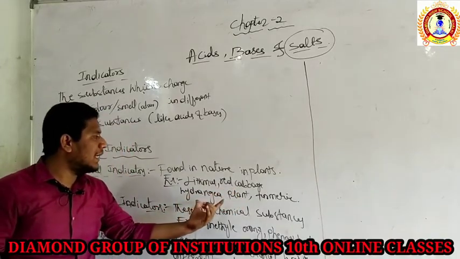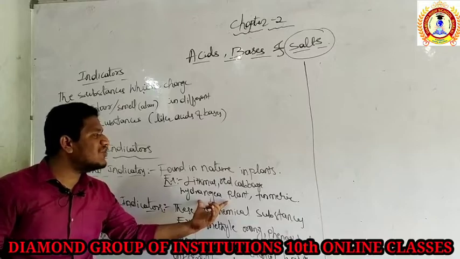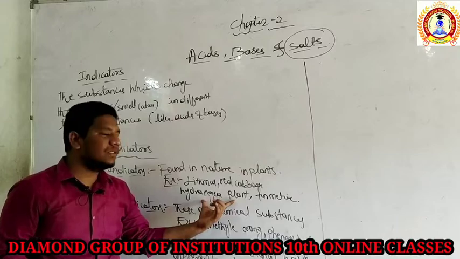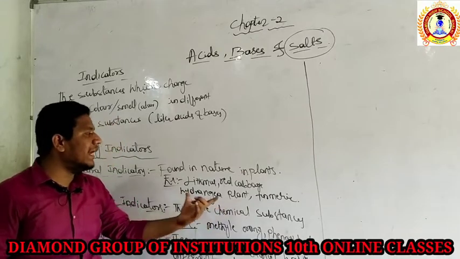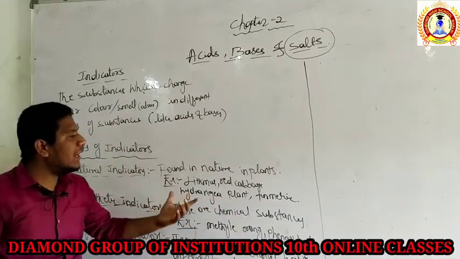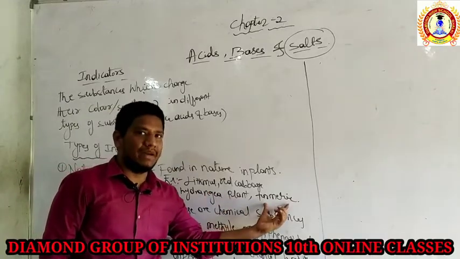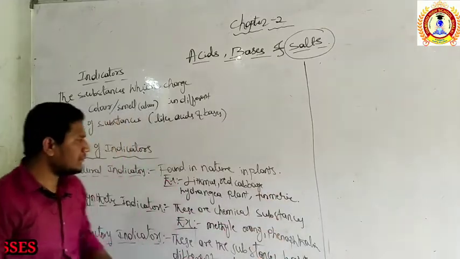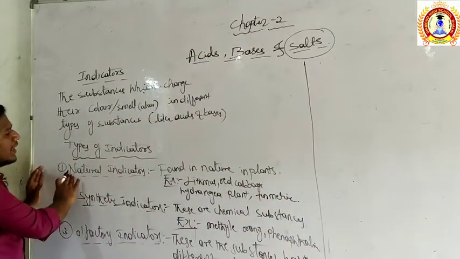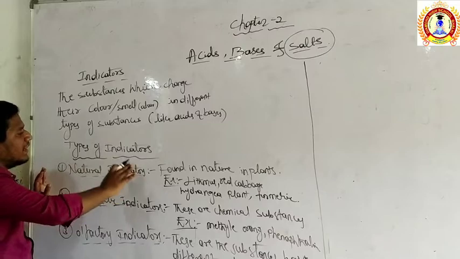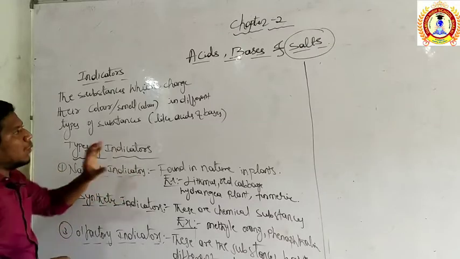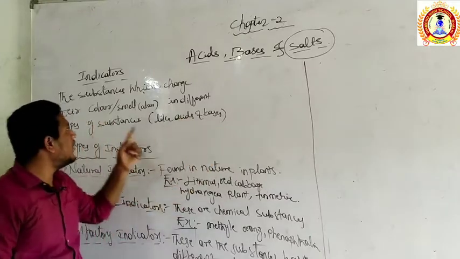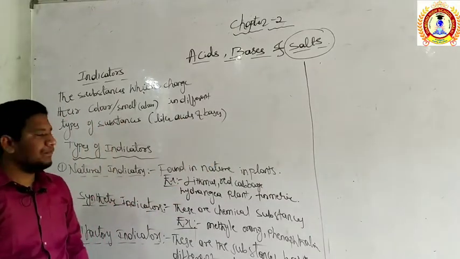Even a plant known as the hydrangea plant has flowers that are used to indicate whether the given substance is acid or base, and also our home remedy turmeric is used as an indicator. The substances which occur naturally are called natural indicators, which decide whether the given substance is acid or base by changing their color or smell.